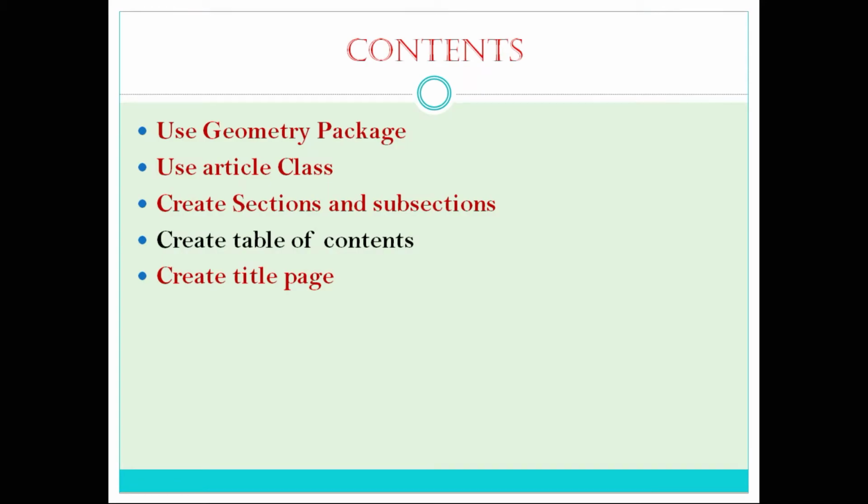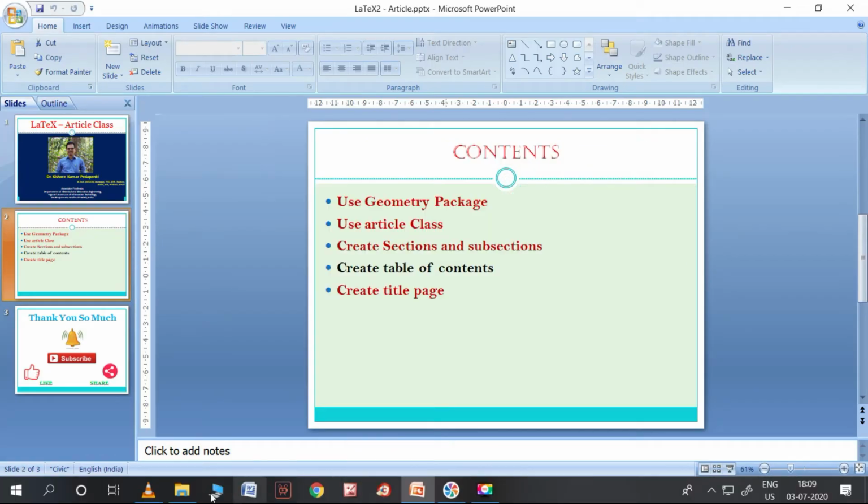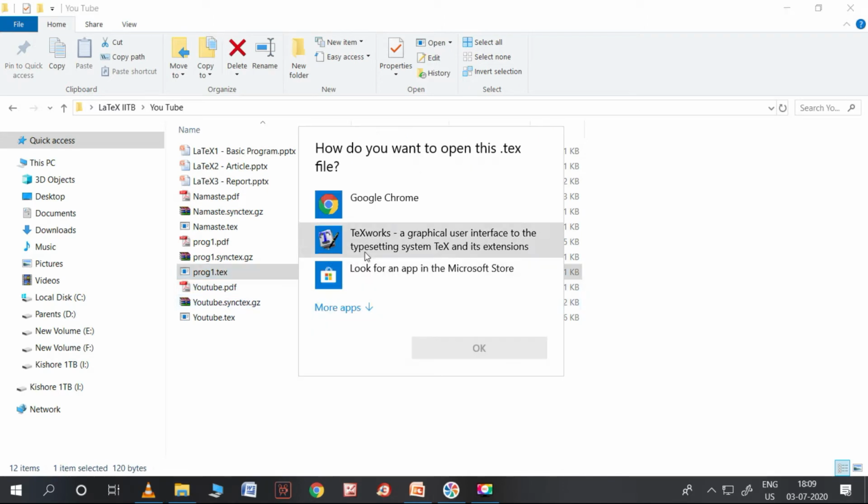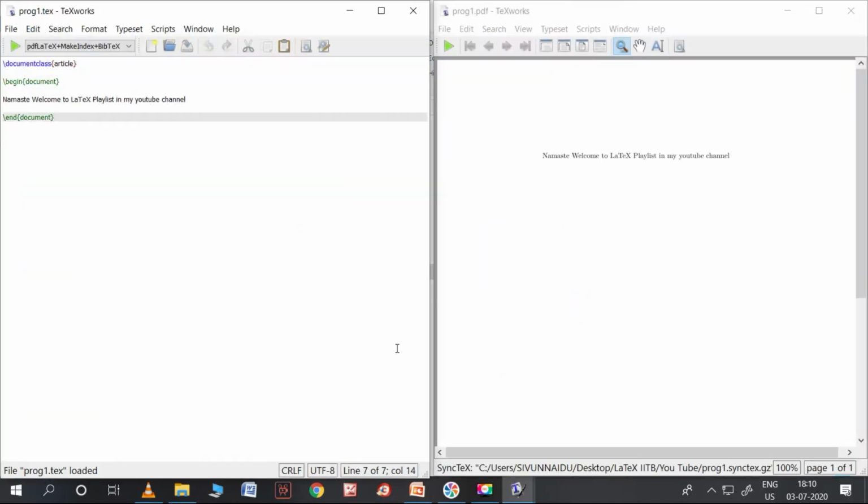Let us go back to the program. I want to maintain one program only, the same program, with so many added advantages or added things. Okay, let's go back to our old program, yesterday's program only. Yeah, this is program1.tex. Yes, this is the program. If you run this, of course it has already come. So this is the outcome of it.